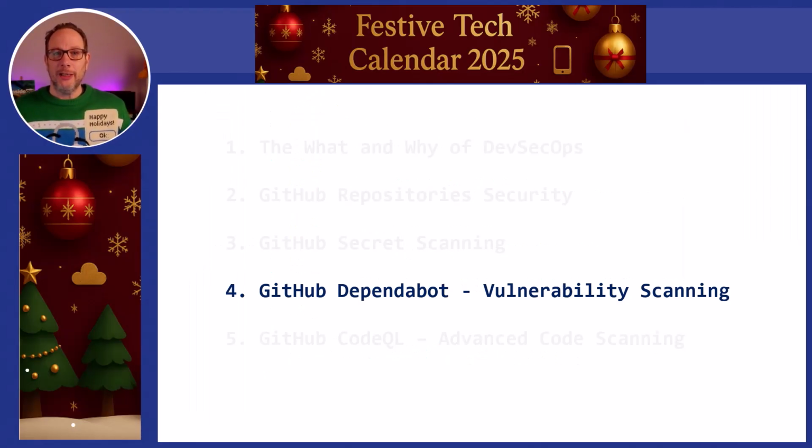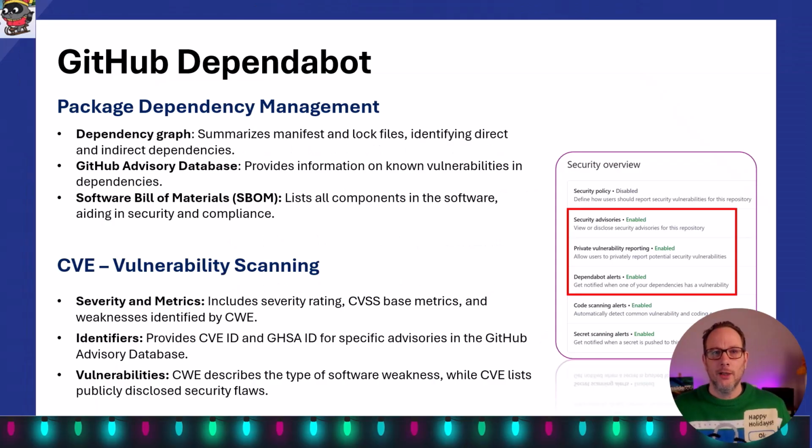With that, let me move on to the next section, covering dependency and vulnerability scanning using GitHub Dependabot. GitHub Dependabot is a built-in service for any repos, both public and private repos, which allows for scanning package dependencies and corresponding vulnerabilities. By default, it's using the cve.org public database of known vulnerabilities, but it also relies on GitHub